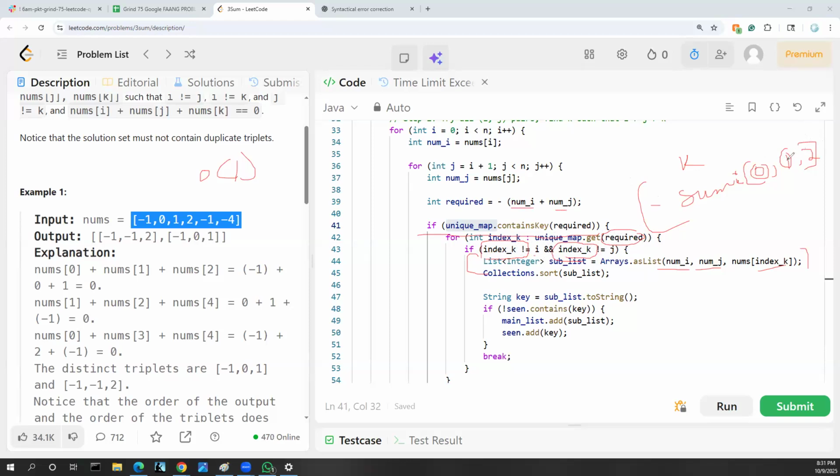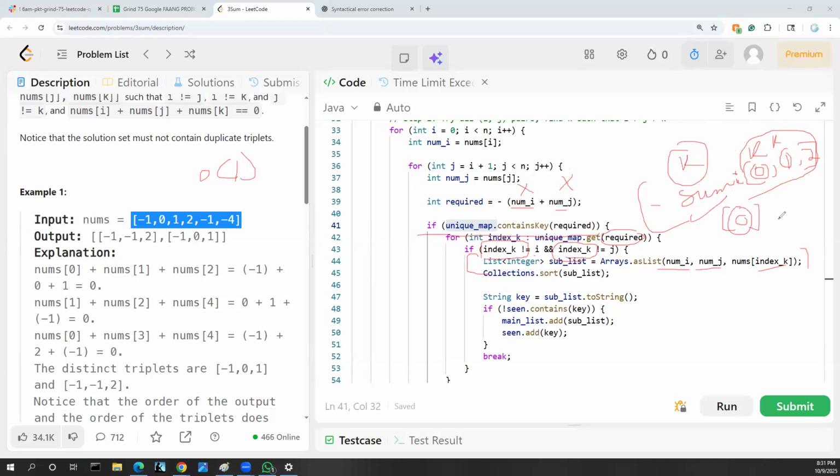If I had duplicates, then in that case, if none of the indices that K has are either I or J, then I have truly found the third distinct element, because K can appear 1,000 times, right? It can appear many, many times. But my idea is, if it appears only one time and this is not equal to I and J,